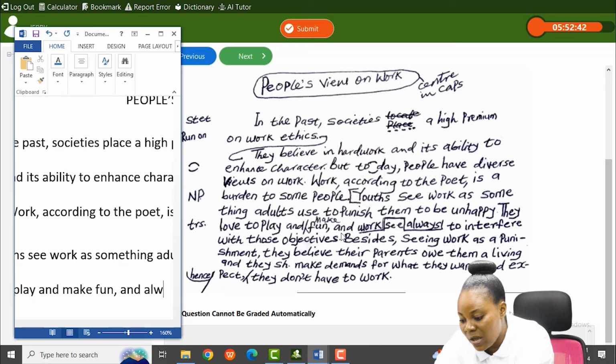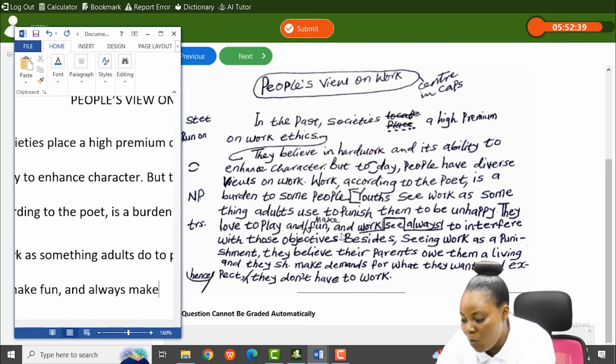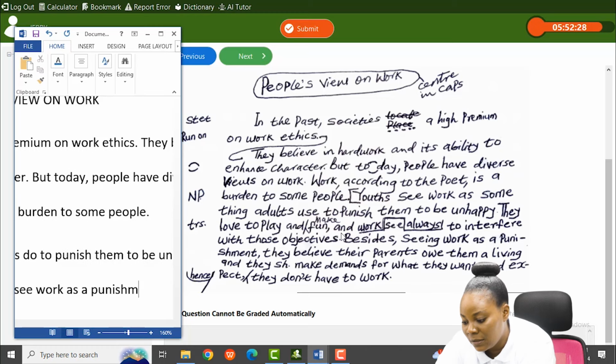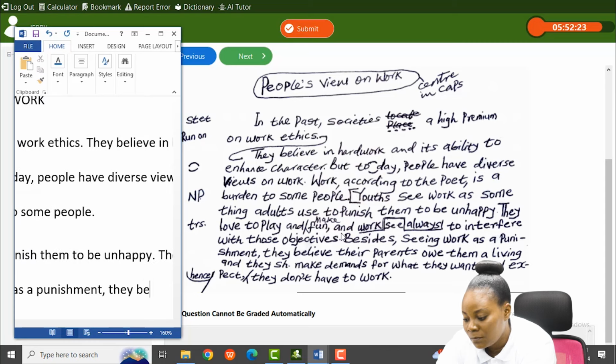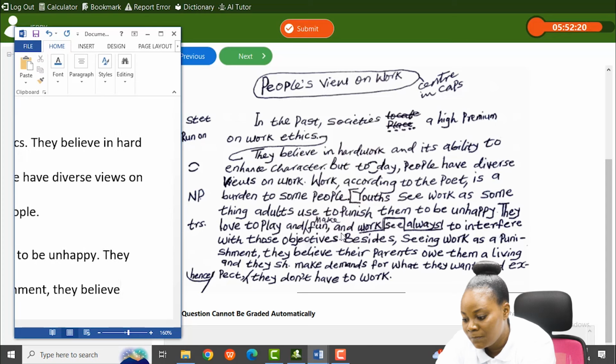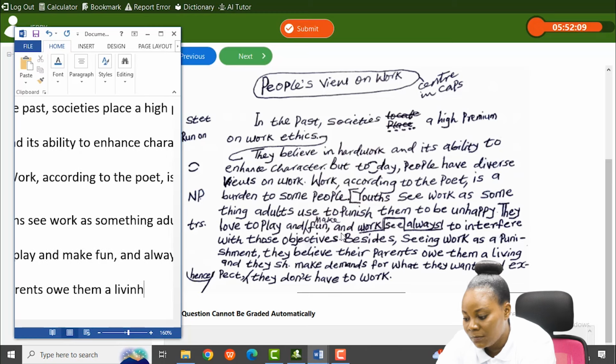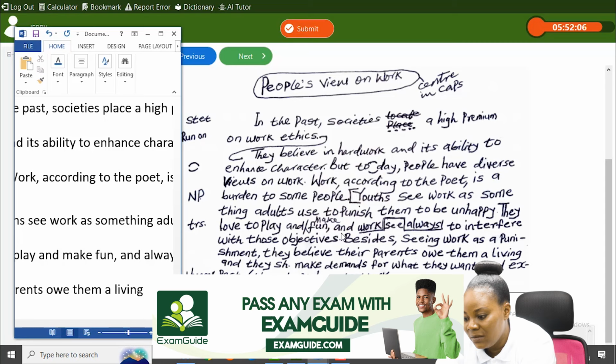So it's going to be always see work as a punishment, comma. They believe their parents owe them a living, and they